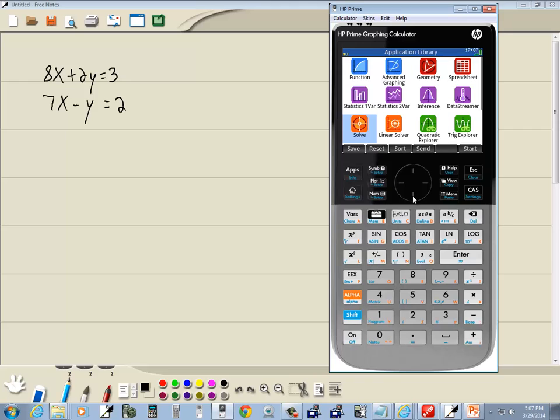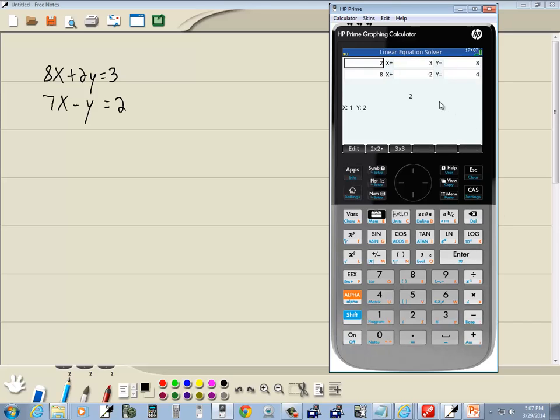And if you go down, you see there's a linear solver here. So not the Linear Explorer, I was trying to think what that was called, but the Linear Solver. If we go into that, press enter on it, then it's set up here so you can enter in your number before your x, before your y, and your number on the right side. And you can kind of see the setup on it. So I do 8, enter, 2, enter, 3, enter,